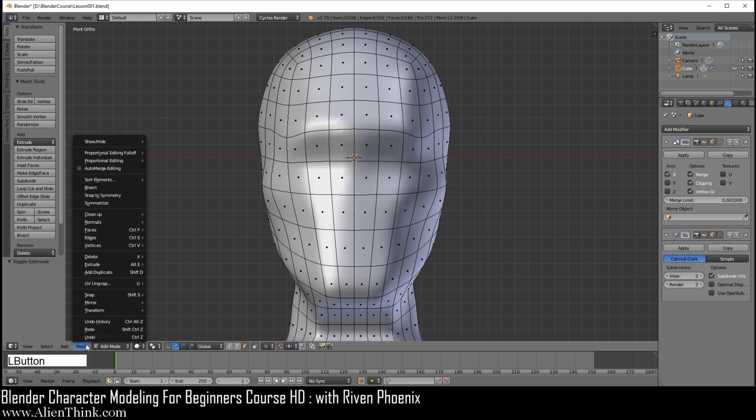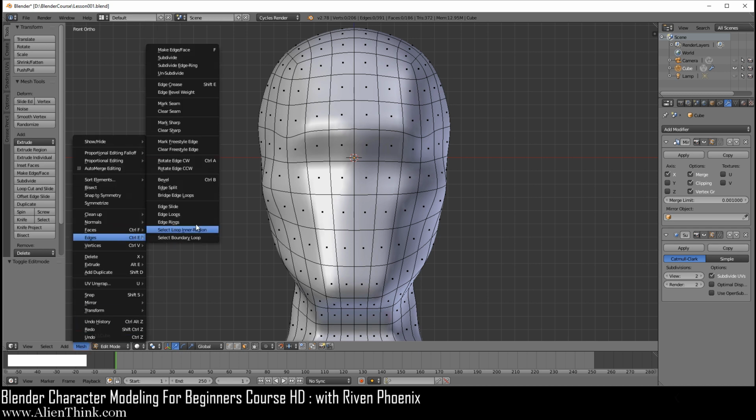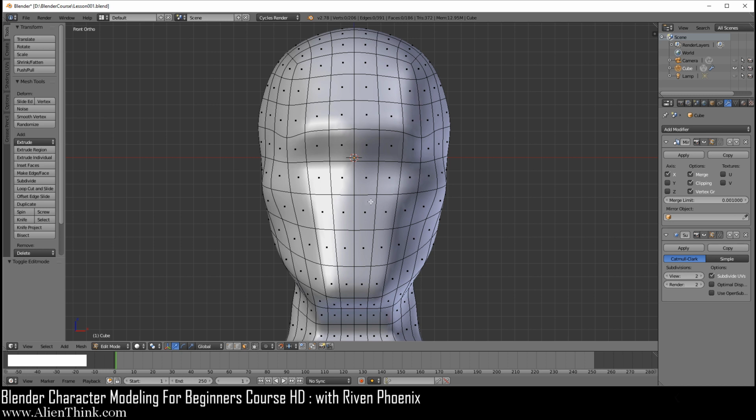So if you go under Mesh and go under Edges, you're going to see this really powerful feature over here called Rotate Edge Clockwise. If you right click this, I'm going to remove the shortcut because I don't think you actually would have it. If you right click this, do Add Shortcut and move your mouse, you can just do Control and the letter A. You can add any type of shortcut. I found that this is a good shortcut to add because it's not being used by anything in edit mode. So now we're going to use that feature to our advantage.